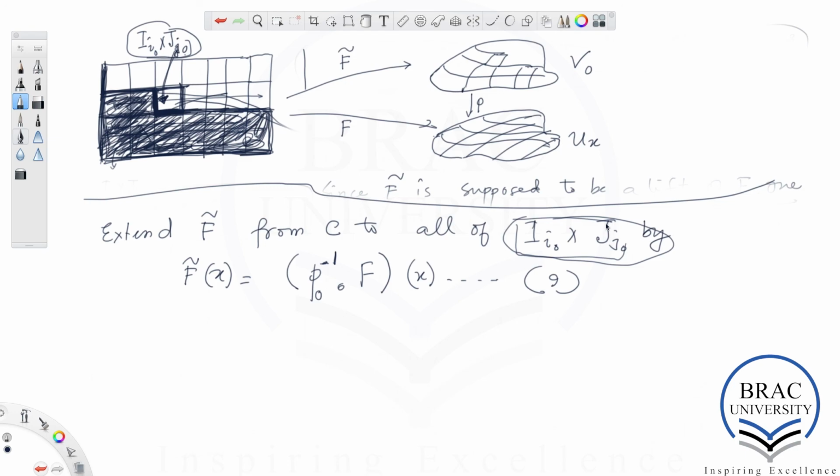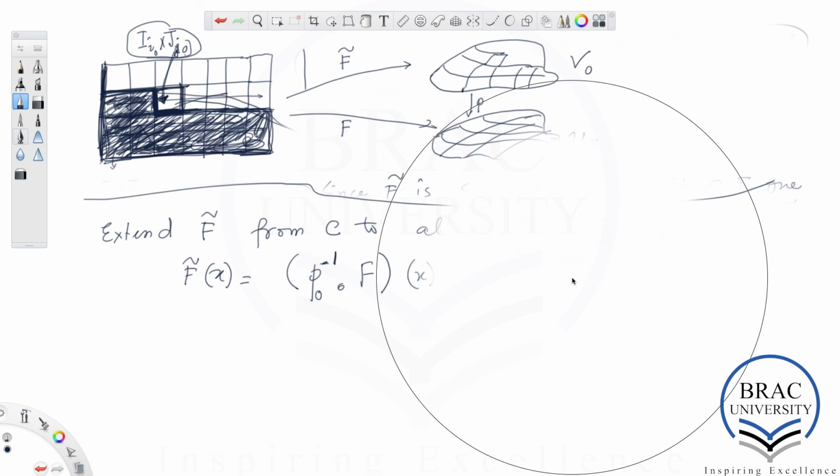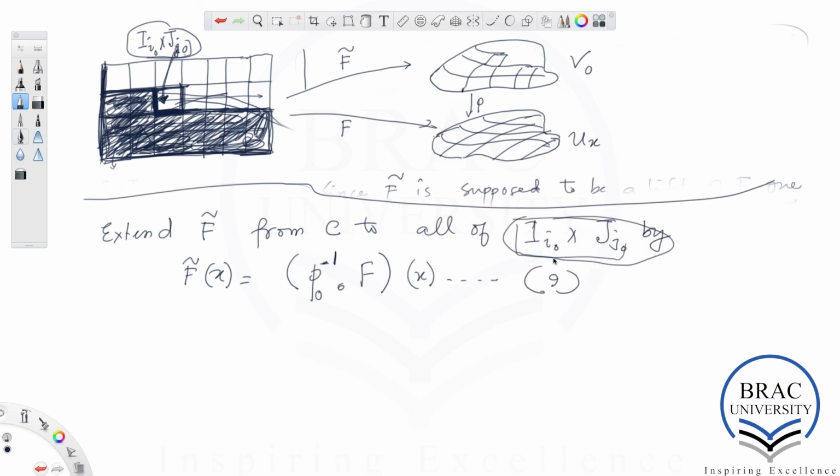So by the pasting lemma, you can extend the constructed map on each of these rectangles to the whole of I cross I. Let me write it here. The extended map given by 9 is continuous